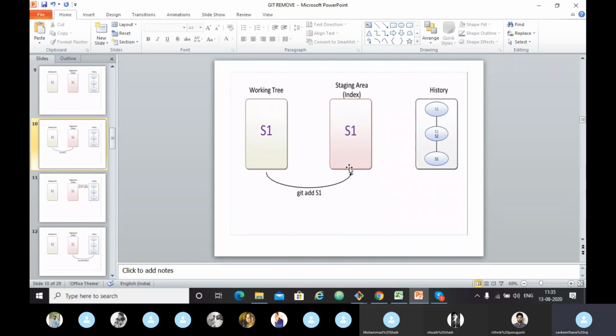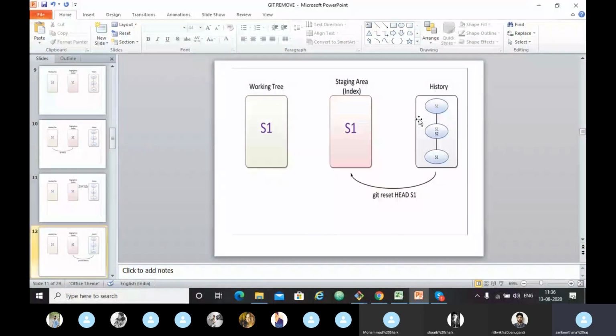Next, I just told you to see the difference between the staging area and the history, you use this command git diff --staged, and then if you want to see the commit we are about to make, we'll just use this command.